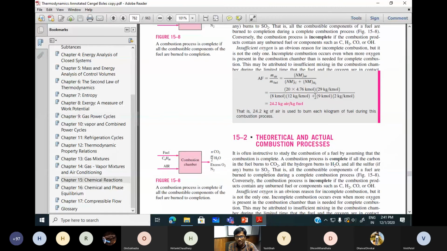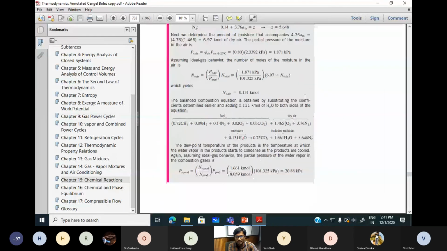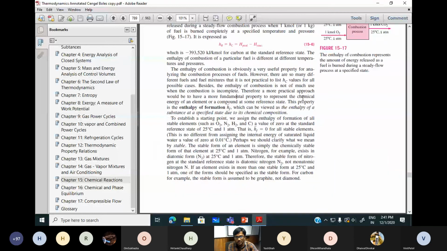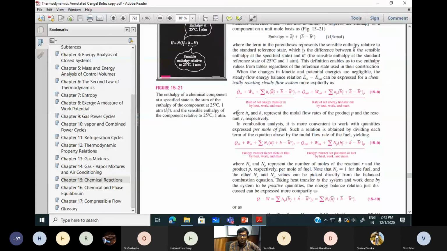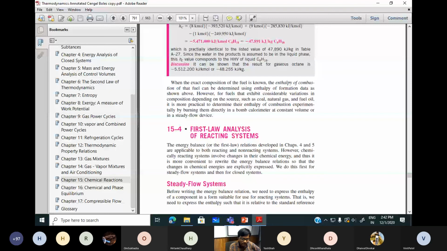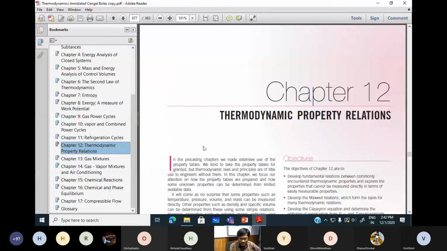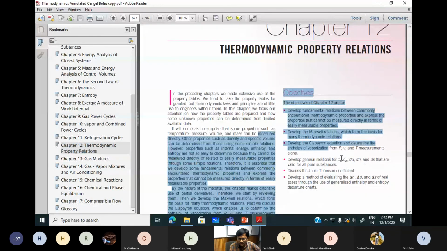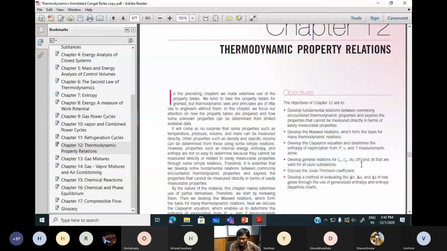We'll see more of the chemical aspects of your fuel combustion, the lean mixture, and maybe the enthalpy of combustion. We'll see how far we can go, but not more than this. This would be our last chapter, and maybe I'll take things more quickly there. Or maybe in the next class I will drop this. I'll not go into details of thermodynamic properties anymore, because most of the things I've covered, and the rest you can read.